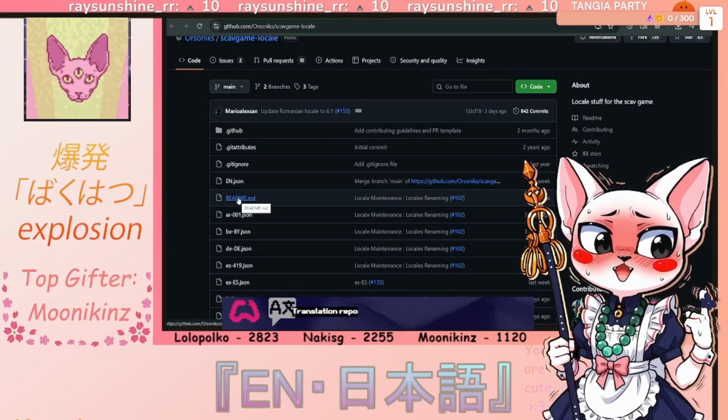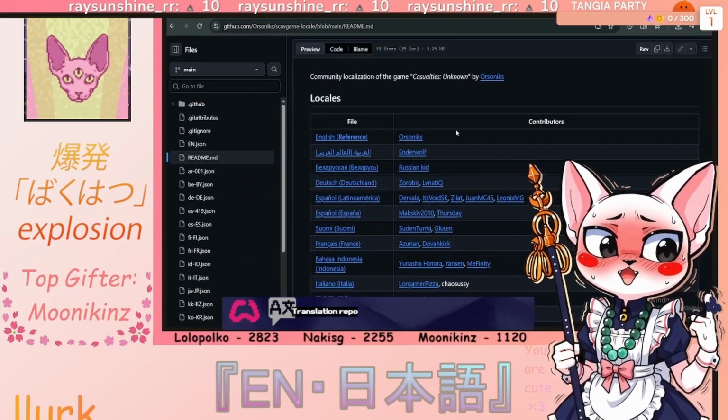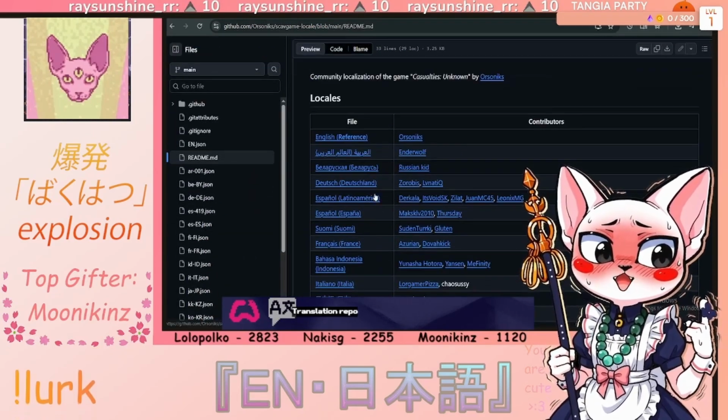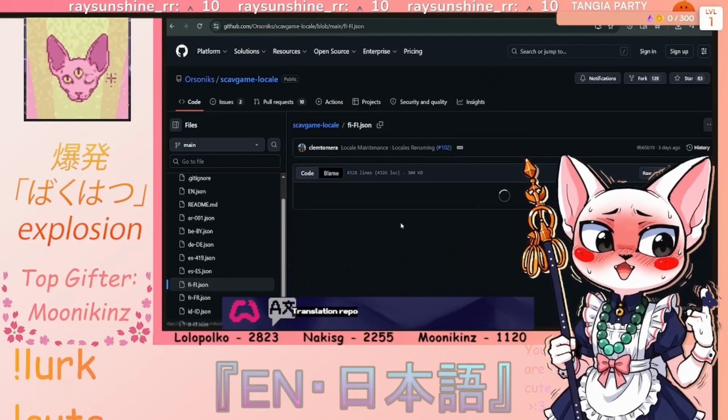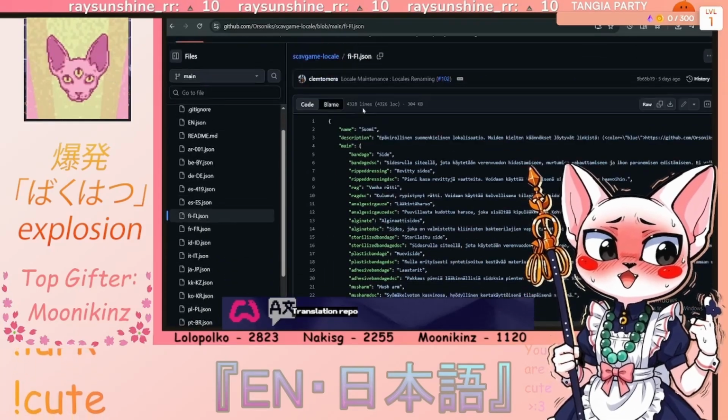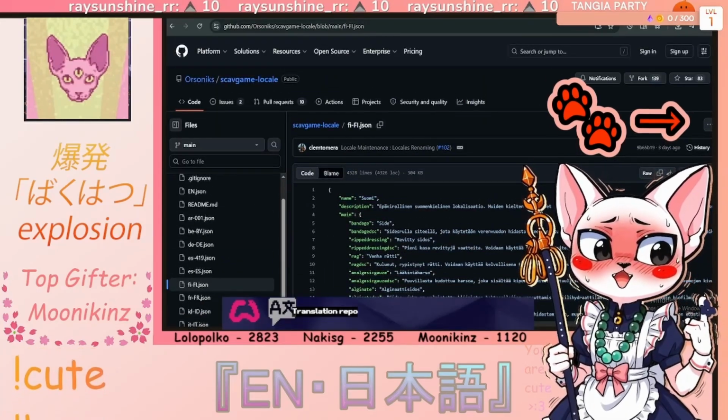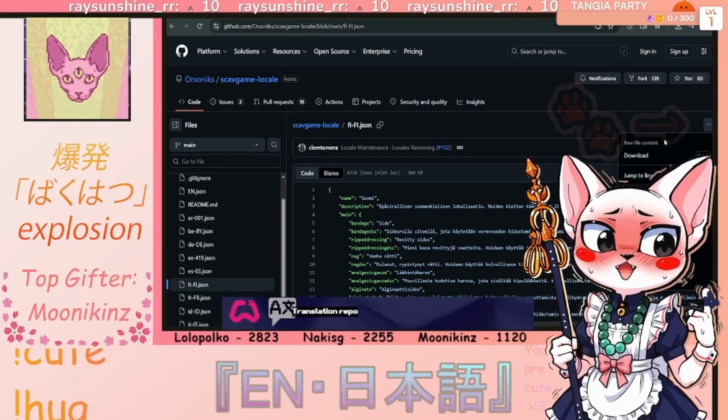So you press readme, you search for your language, you press your language. So for example, let's go for Suomi. It will be an even scarier page, but it's okay. You need to press these 3 dots. You press 3 dots, you download the file, you open the file, then you copy the file, then you go